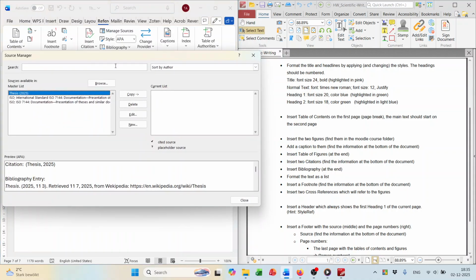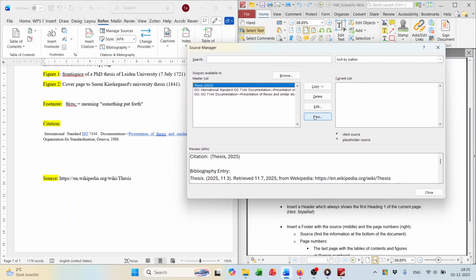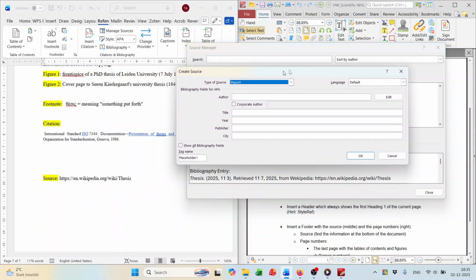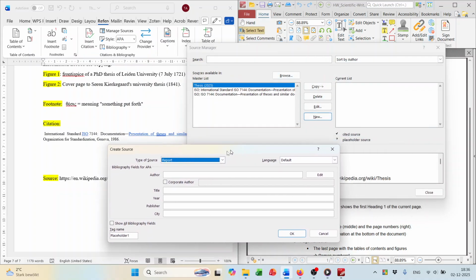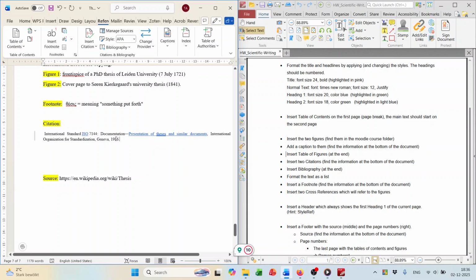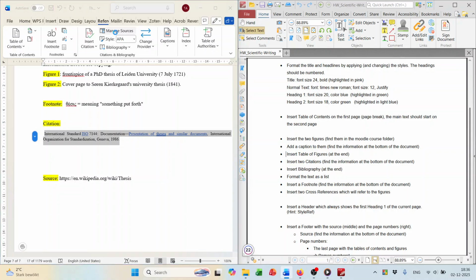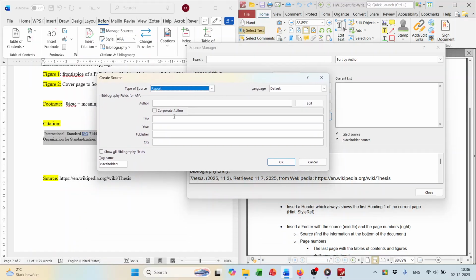So I go to the manage source. I can create a new citation and I can select a type. There are a lot of types, and the citation given here looks like a report. So I will select report, and then I will make the citation. But first I need to copy it so that it is easier for me to make the citation. So manage source, get a new citation, select report, the title,